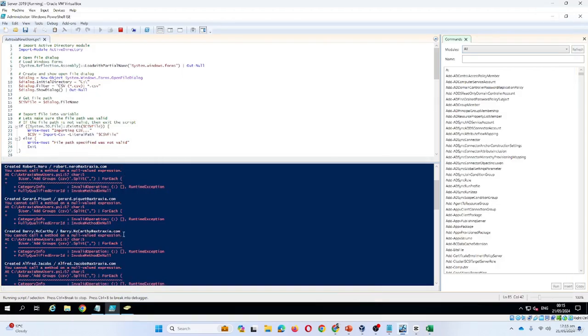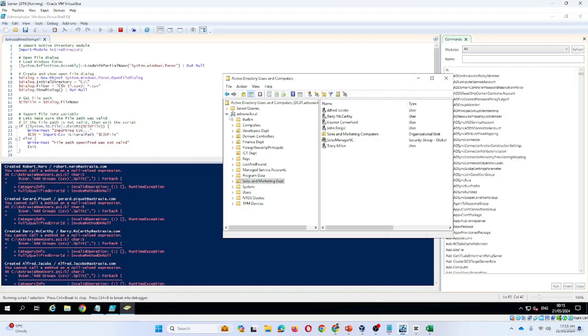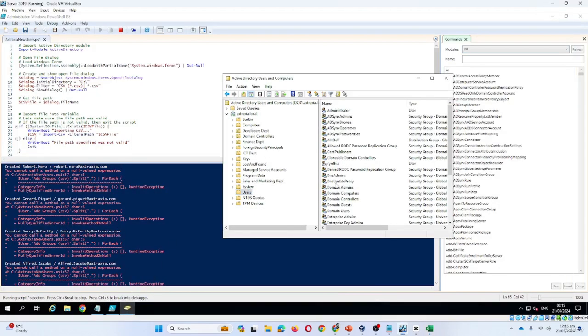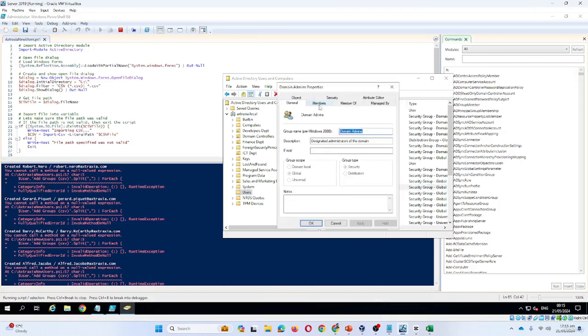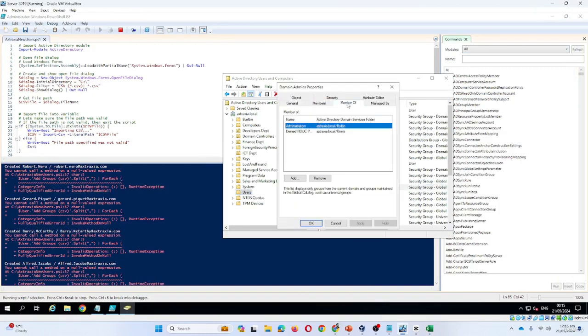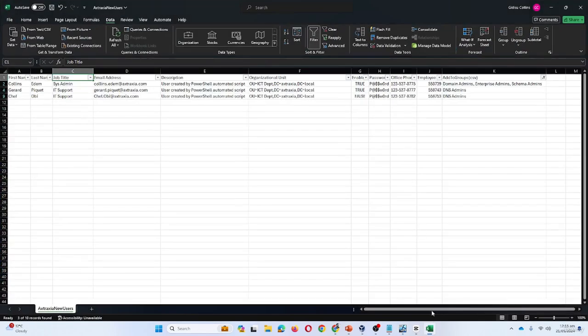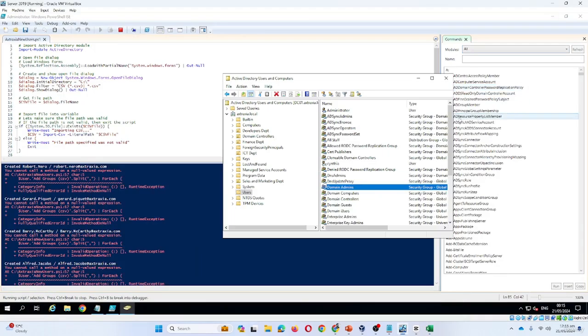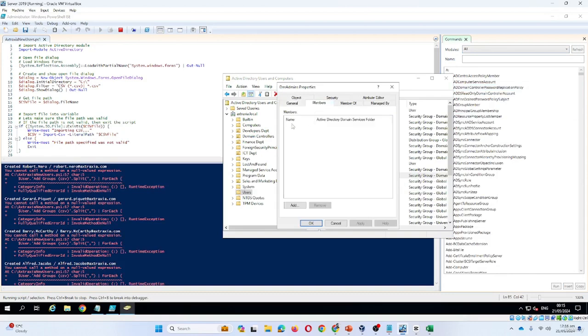I would go to users, we'll find domain admins, members. No, they were not added. Domain admins was not added. What other group is there? DNS admins, members. So they were not added as well,